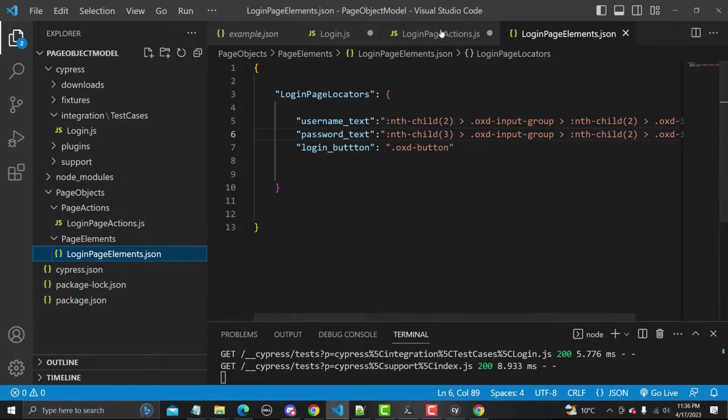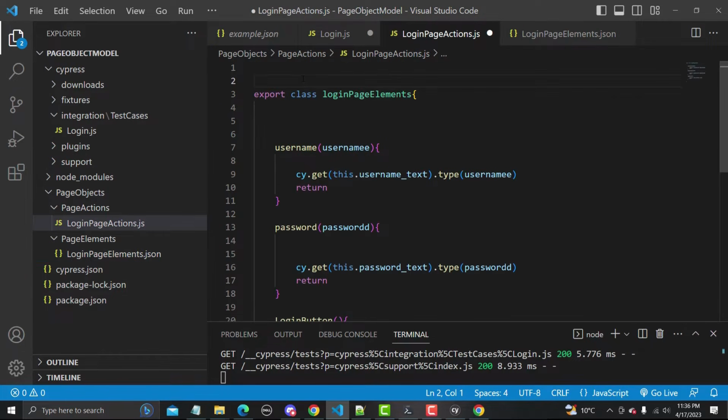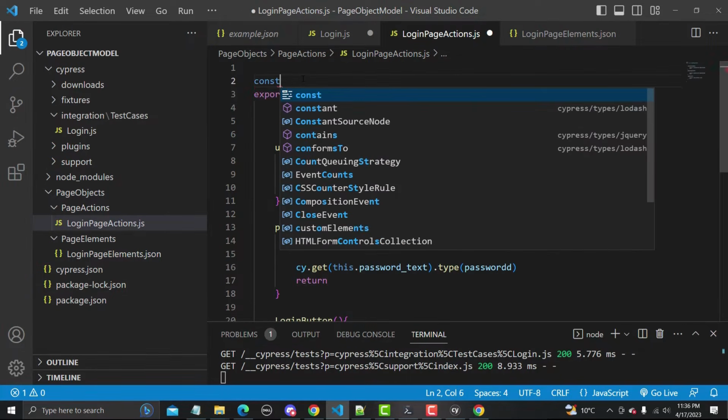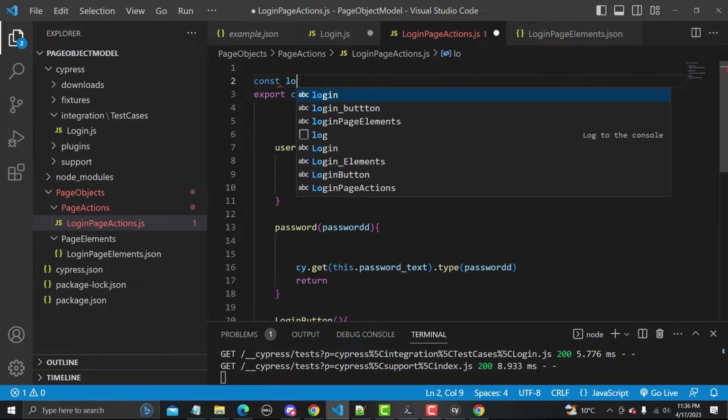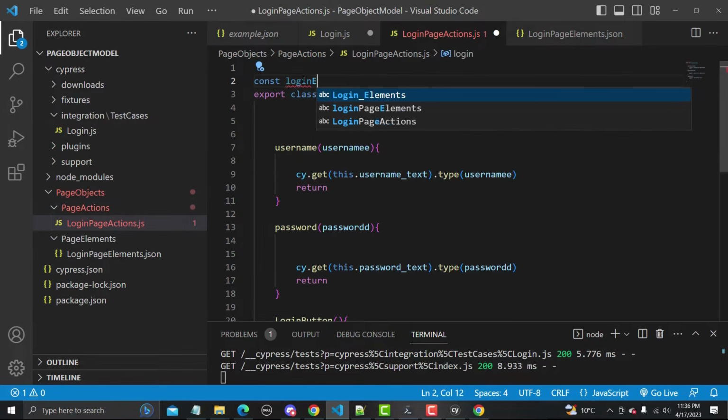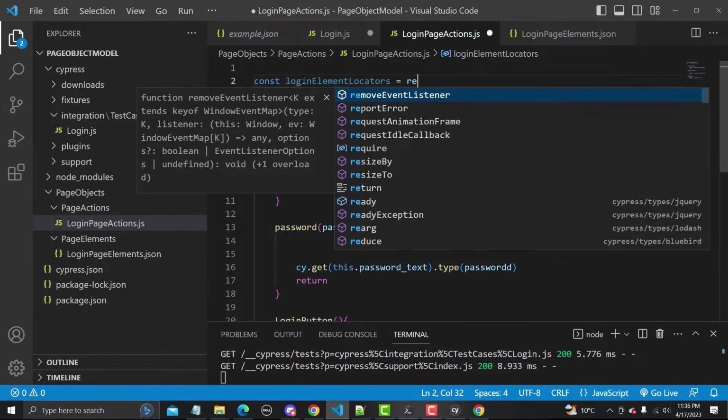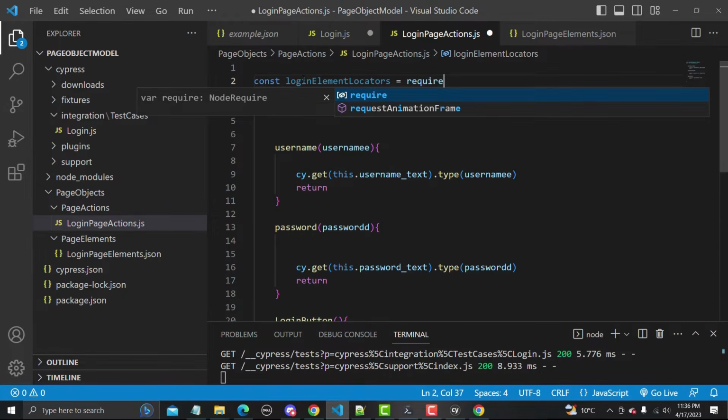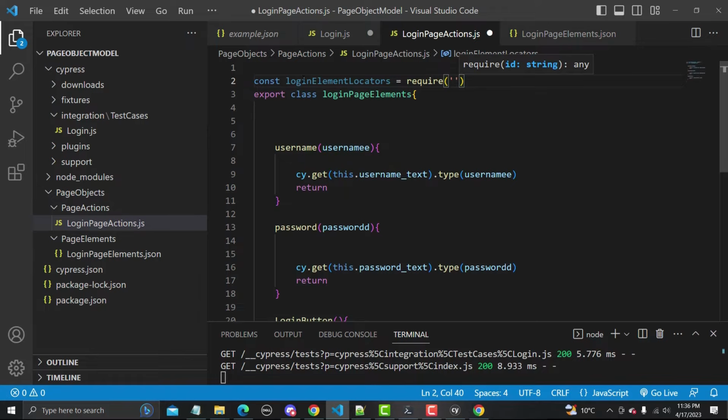So for this one, simply create a variable const. I'm naming it as login element locators, and equals to require, and inside this we need to provide the single quotes, and let's start with the double dot and provide a forward slash.